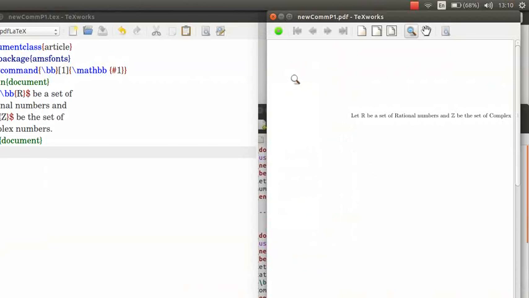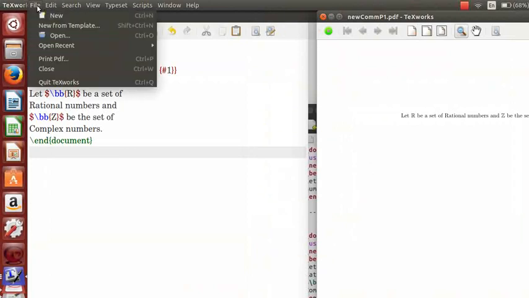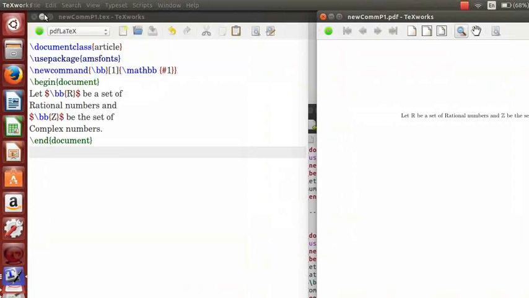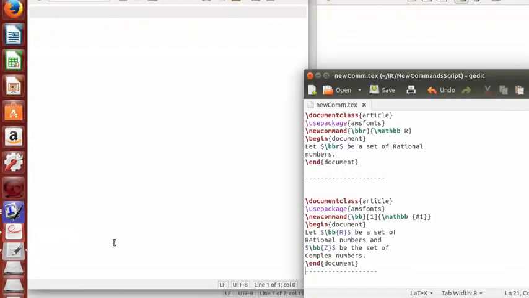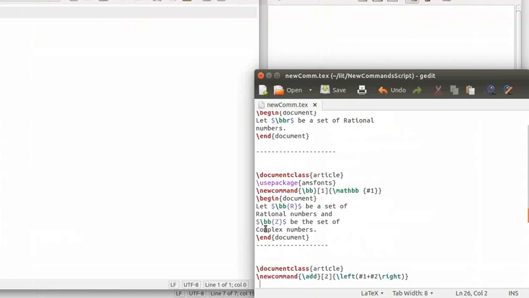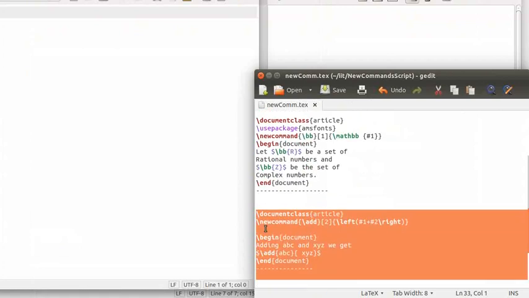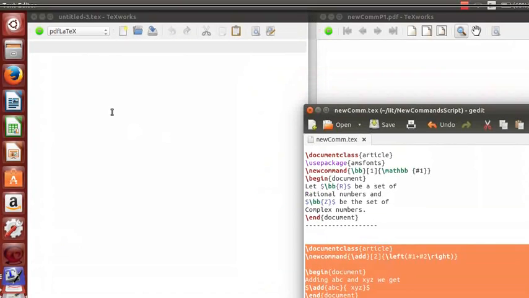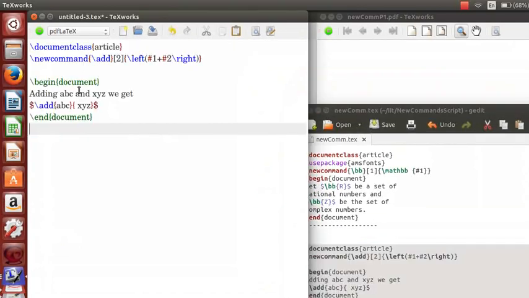Next, let's define a new command with two parameters. Open a new text file. We will copy and paste the next block of code from our downloaded file as shown here.